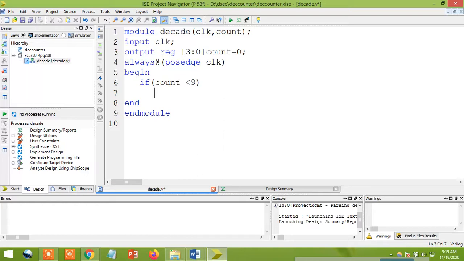What is the next statement? Count is equal to count plus 1, else what do I need to do?